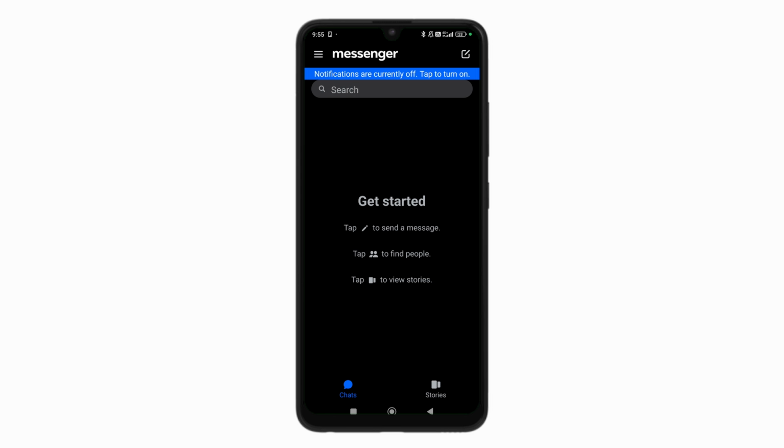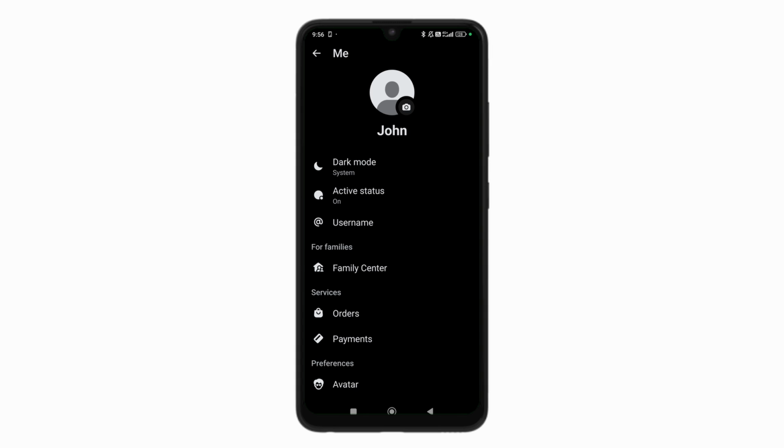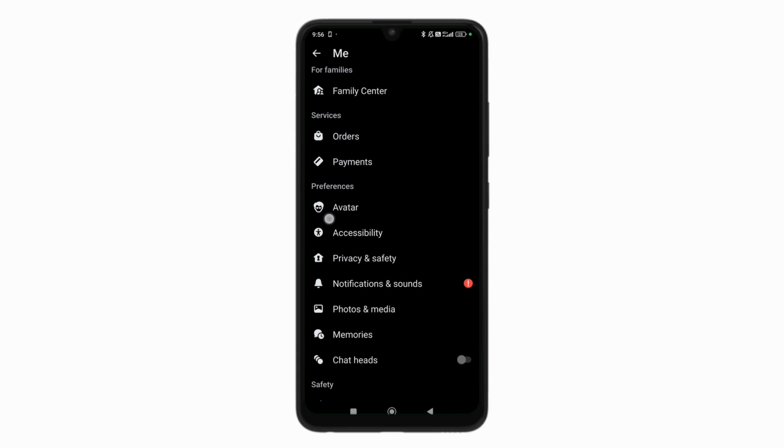I'll show you how you can reset your Messenger pin on Messenger. So on your Messenger app here, you want to tap on the 3 bar icon here. Now on here, you want to tap on the gear icon here. Now once you tap on the gear icon, you want to go ahead and scroll down until you find privacy